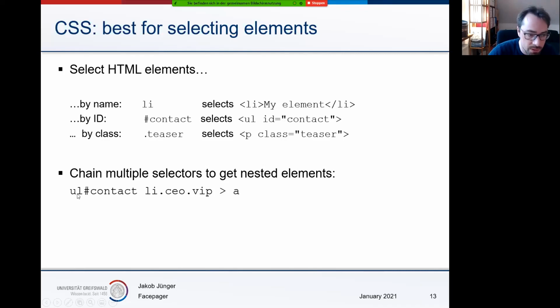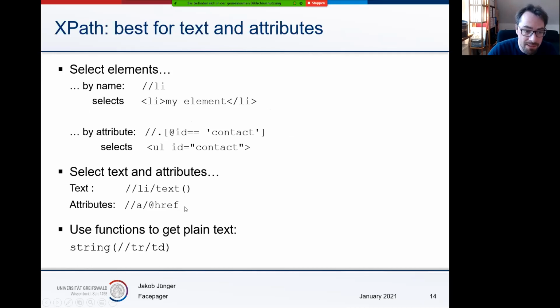techniques. For example, below here we have an unordered list with the ID contact, and inside of this there should be a list element with the class CEO and as well with the class VIP, and below this there should be an anchor tag that would say this expression here. The greater sign here says it must be directly below, not just somewhere in the structure below, but directly below. If you use a space between these, it says somewhere below and not directly below. This is CSS, and Xpath is a little bit more complicated in the first run,